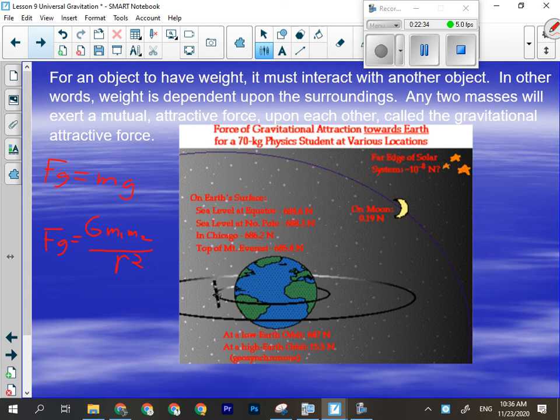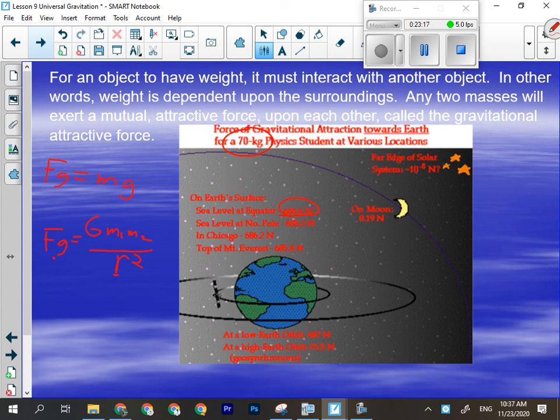If I get twice as far away from the Earth, I will not weigh half as much, I will weigh 1/4 as much. If I move 3 times further away from the Earth, I weigh 1/9 of what I would weigh on the Earth's surface. So there's an inversely exponential relationship between separation distance, r, and the force of gravity. Here's the weird thing about Earth. If I am standing at sea level at the equator and I weigh 70 kilograms, I will weigh at the equator